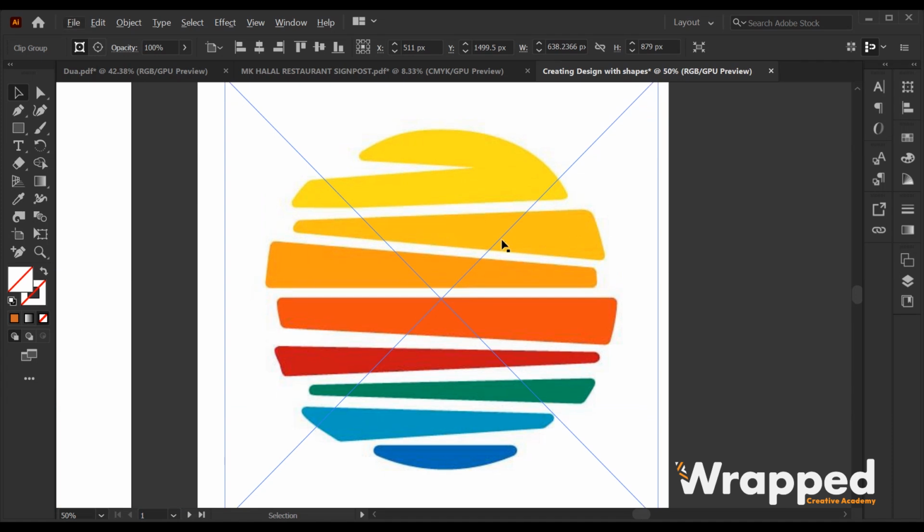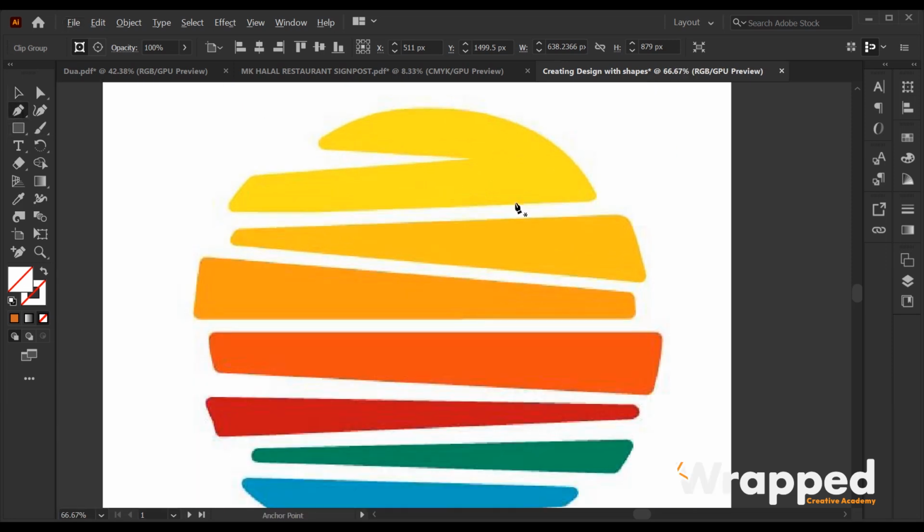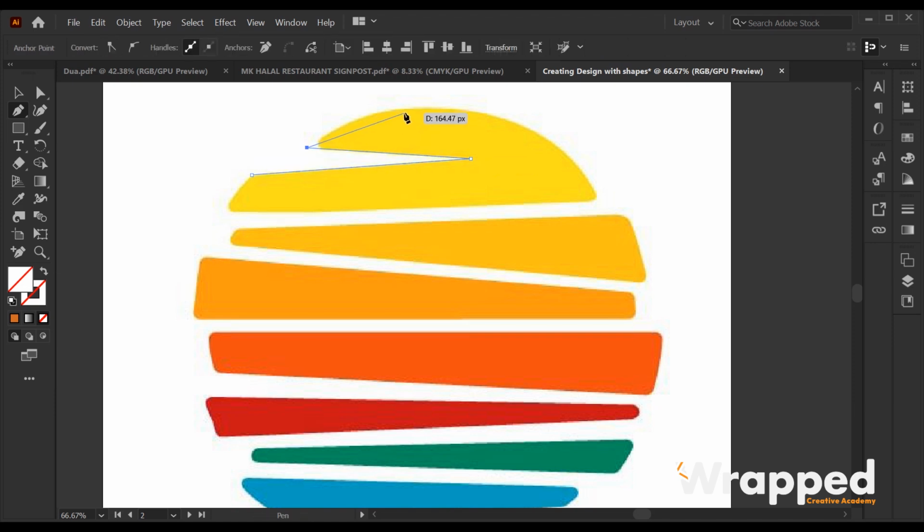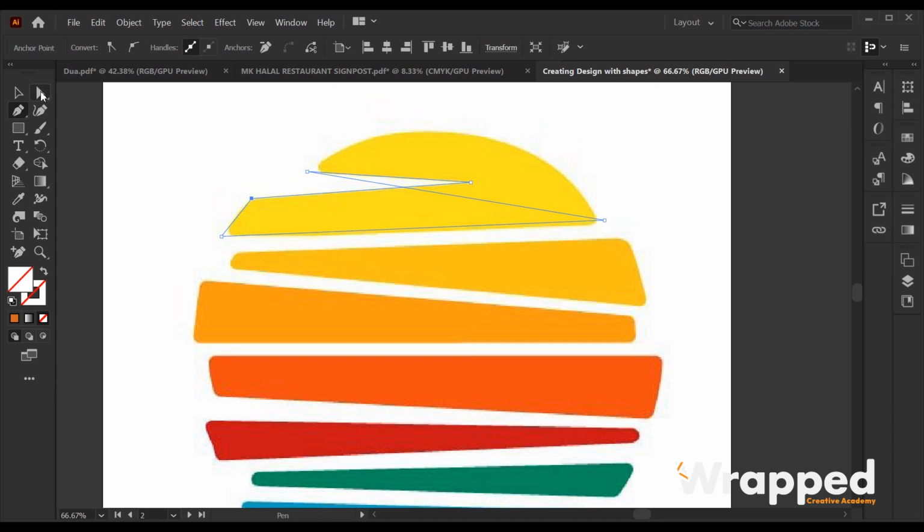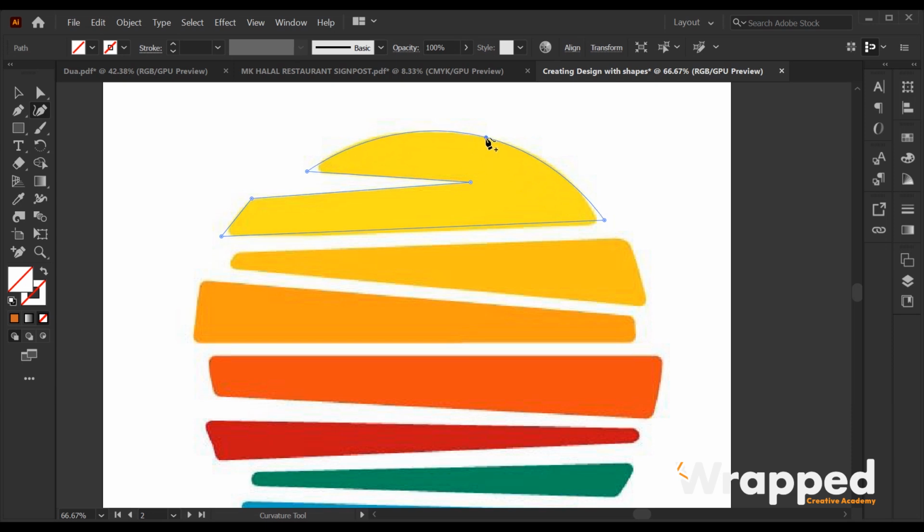Here we'll need the pen and curvature tool to create this better. So let's get our pen tool. You can start from there. I usually like starting with the sharp points here. Point 1, 2, 3, 4, 5, okay. So we're going to get our curvature tool, get this line, curve it like that,